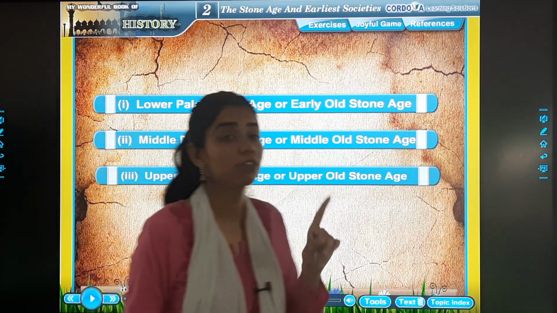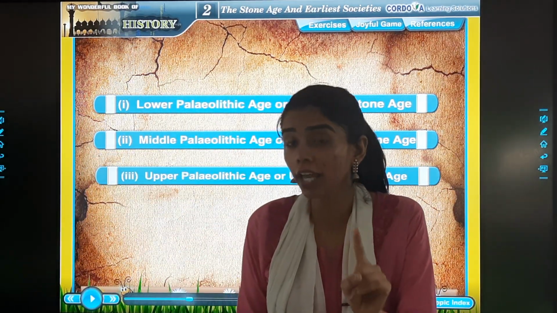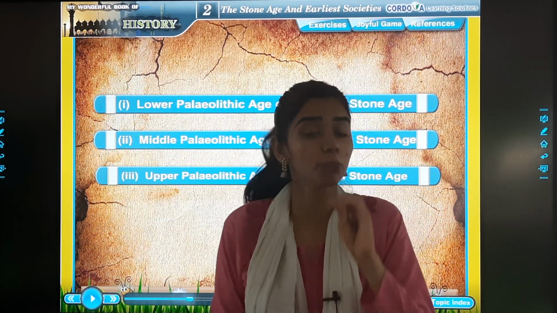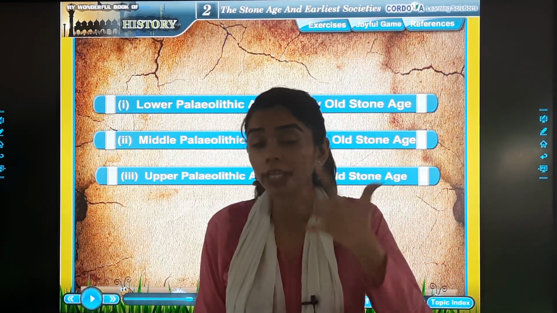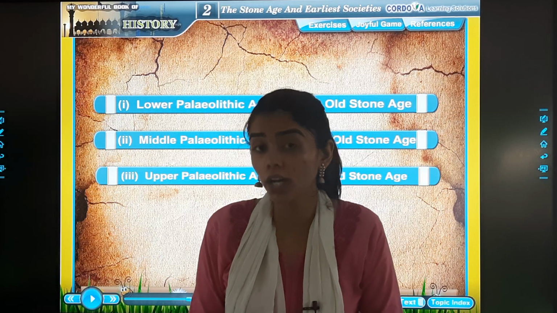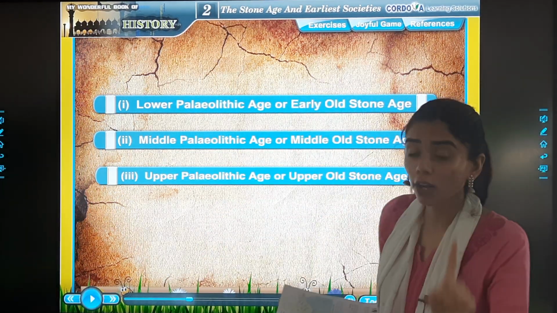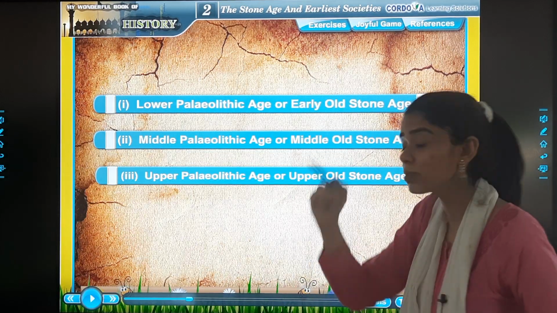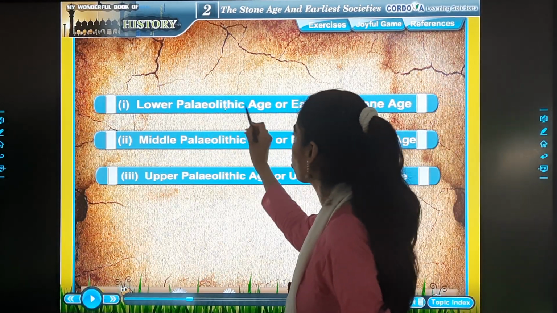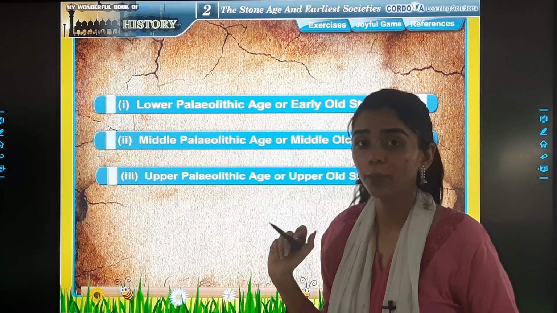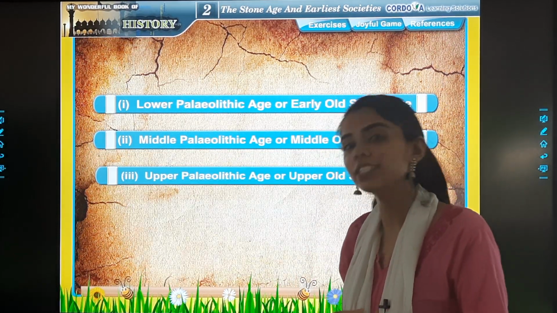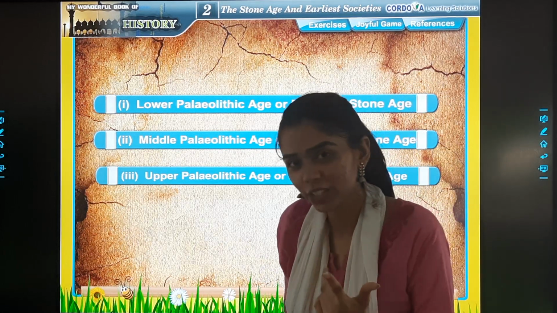Okay, so as I was telling you that the Paleolithic age was the first age in which the evolution of the human beings started. Human beings का जो डेवलप होना, इवॉल्व होना स्टार्ट हुआ था Paleolithic age में. बट हमने Paleolithic को भी सब डिवाइड किया है, यानी कि इस एज को भी 3 में डिवाइड किया है. That is on the basis of what? Changes in the climate and the stone tools used.